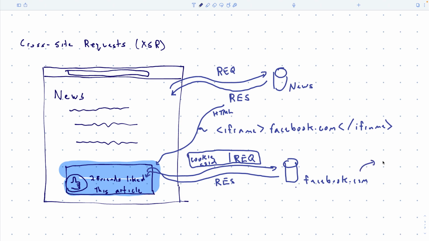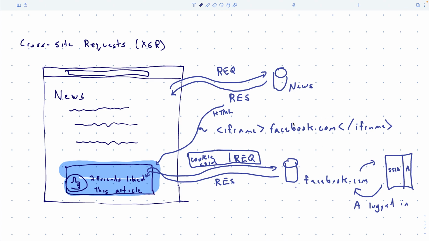Then Facebook can say, okay, I've seen this session ID before, and it belongs to whoever, Alice. And so then I'll consider A logged in. Then I can go look up A's account, and it's up to the website itself. So when they create this iframe, they'll often pass information into it.